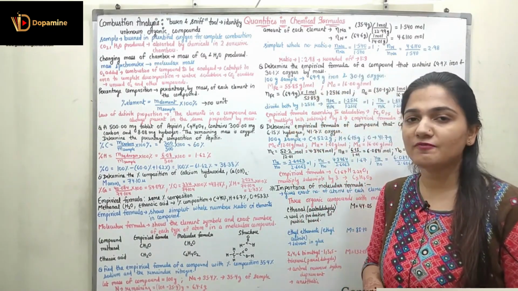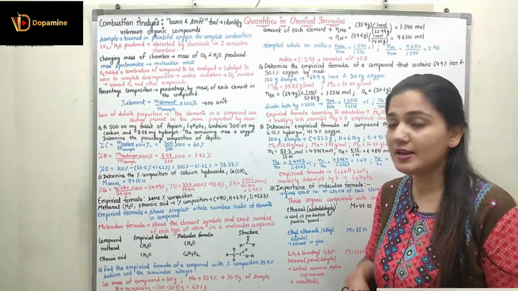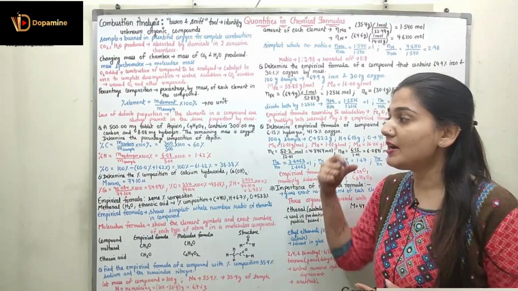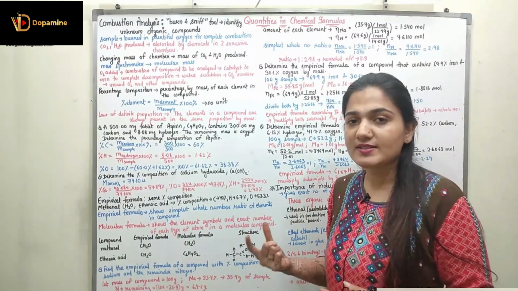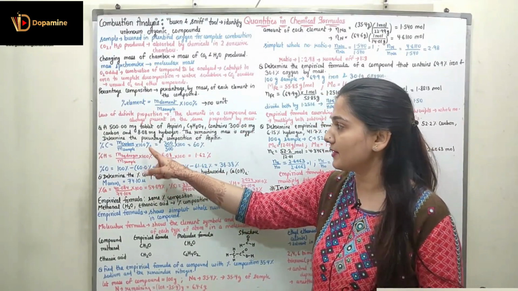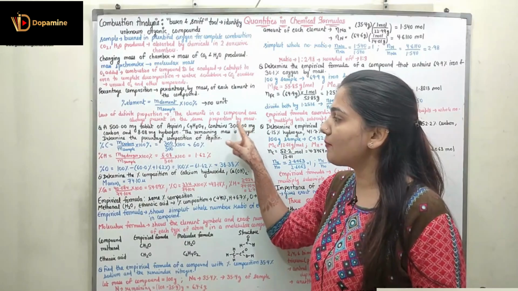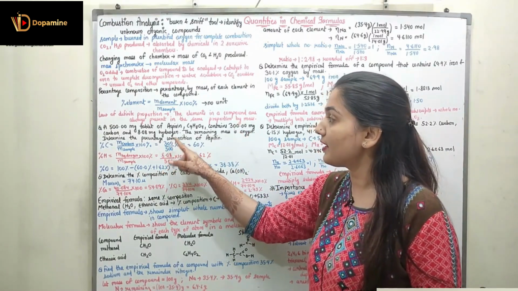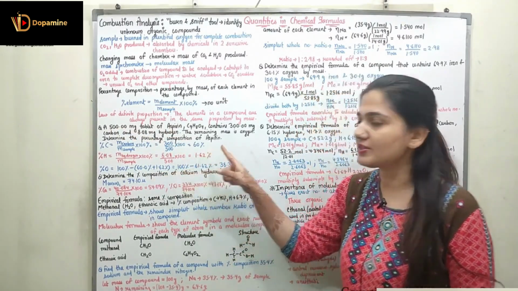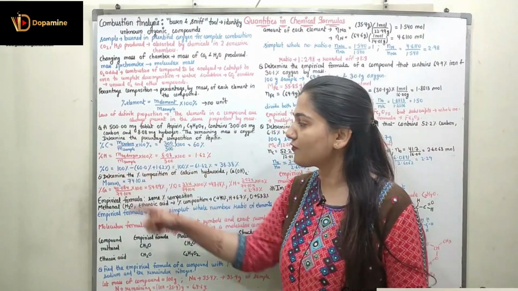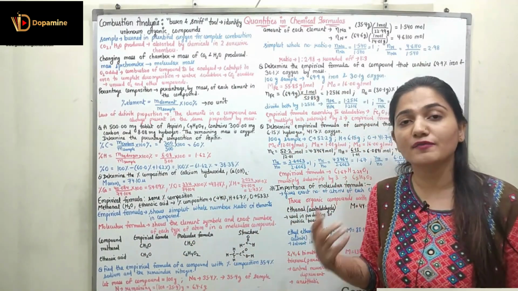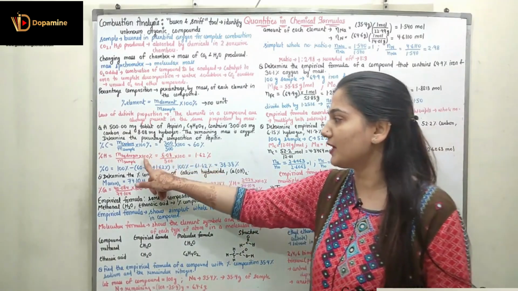So first of all we have to find the percentage composition of carbon. The percentage composition of carbon will be equal to the mass of the carbon divided by the mass of the sample. What is the sample? Sample is aspirin. So mass of carbon divided by the mass of aspirin multiplied with 100%. Right? So 300 milligram of carbon is there. So mass of carbon is 300. What is the mass of aspirin? It is 500. So 300 divided by 500 multiplied with 100, which is 60%. So this is the percentage of carbon. Similarly, we can find out the percentage of hydrogen as the mass of hydrogen divided by the mass of the overall sample, that is the mass of aspirin multiplied with 100%.